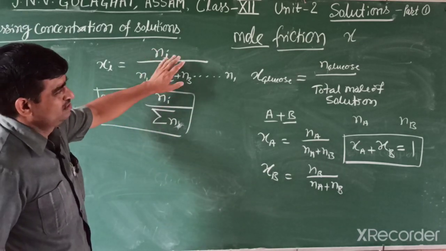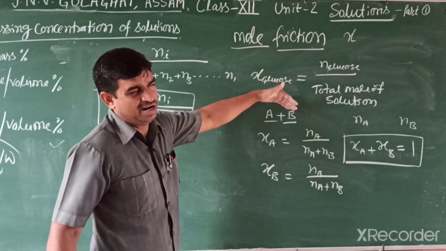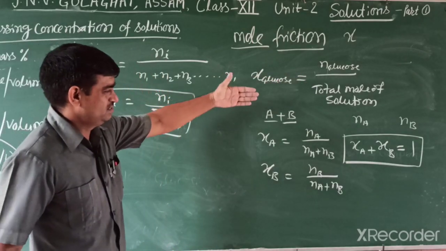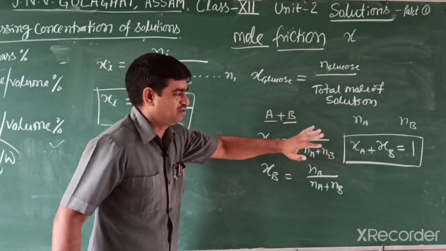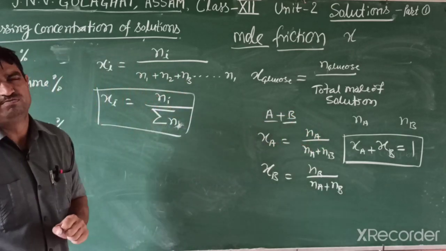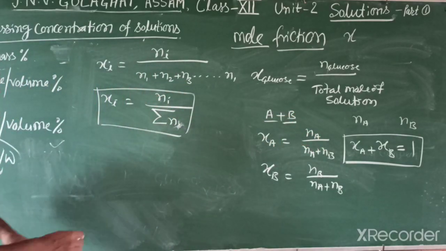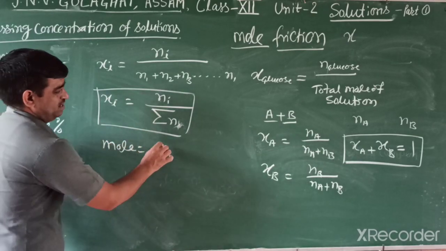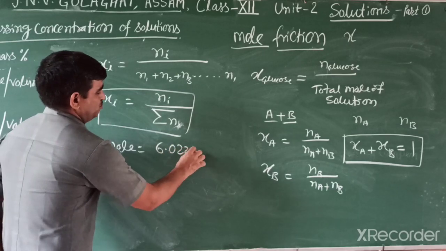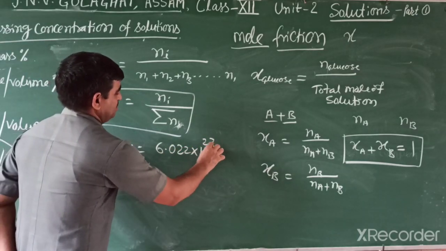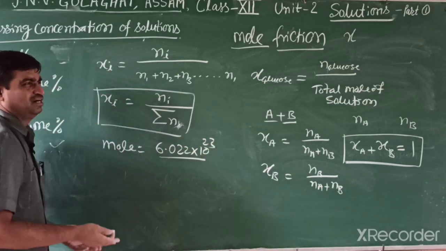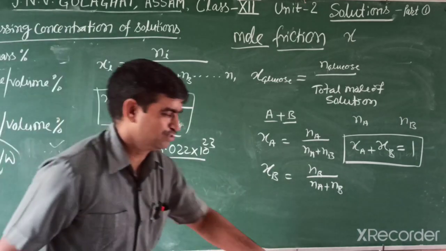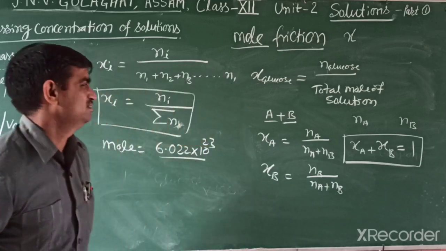Students can easily understand this very good term. In numericals we use mole fraction many times. It is a ratio of individual mole by total mole. And what is mole? Mole is a chemical counting unit. One mole has a fixed number, that is Avogadro number, 6.022 into 10 to the power 23. That may be the number of atoms, molecules, ions, electrons, protons, everything. That is mole: molecules, atoms, ions, entities.